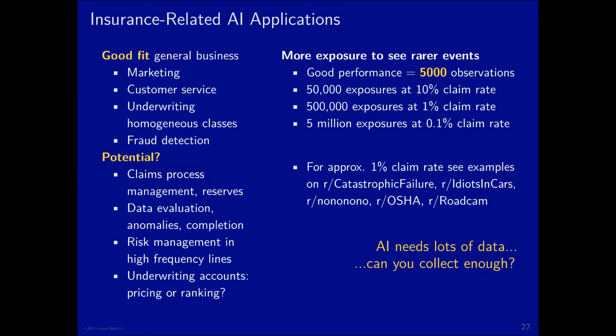So the number of exposures you need depends on the claim frequency rate. At a 10% frequency, you'd need 50,000 exposures. If you're trying to pick up something that's a 1 in 1,000 per year per insured, you need 5 million exposures. So that's quite doable from an auto perspective, right? There's 150 million drivers or so in the US. So a decent sized company is easily going to get 5 million exposures, and you could expect that sort of resolution.